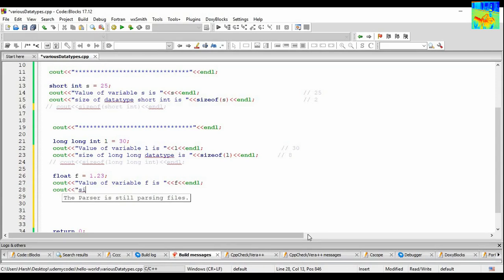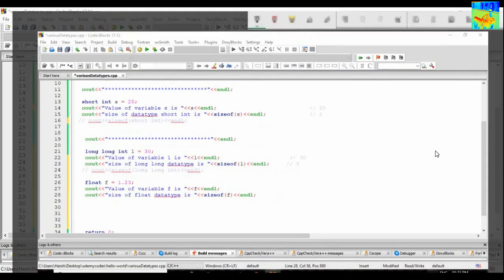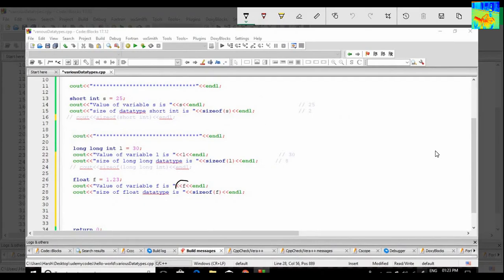So cout size of float data type is, we will use size of function and will give f as input and then end line. Okay, so what should be my output? So here the value of f is 1.23, so 1.23 should be printed, and size of f is 4 bytes. Size of float data type is 4 bytes, so 4 should be printed.